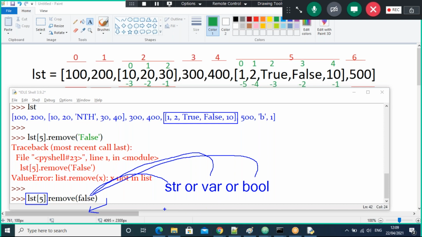So here the false is not a string. Why? Because quotes are not there. The false is not a bool. Why? Because capital F is not there. Small f is taken. So finally, the false is a variable, right? False is a variable.